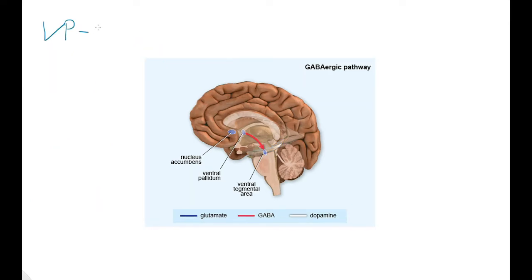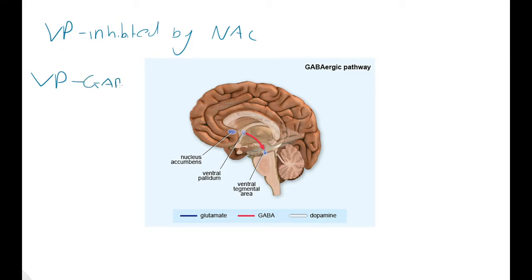So the VP is inhibited. And in the VP, similar to the nucleus accumbens, the VP also has GABAergic neurons. So the ventral pallidum is being inhibited by the nucleus accumbens. And some of these neurons project to the VTA, to the ventral tegmental area, and what they would do is inhibit this area. So GABA should inhibit